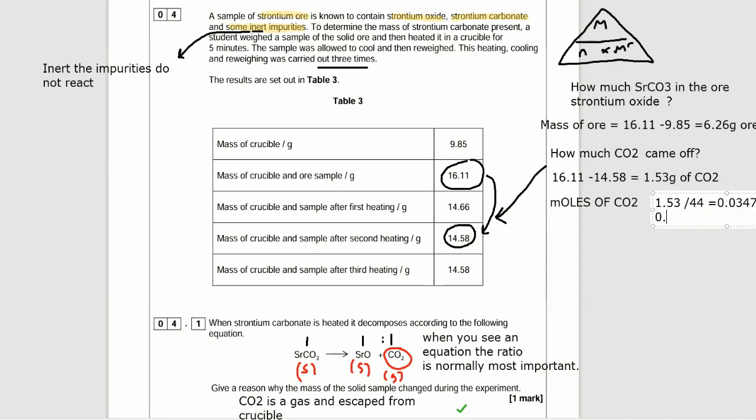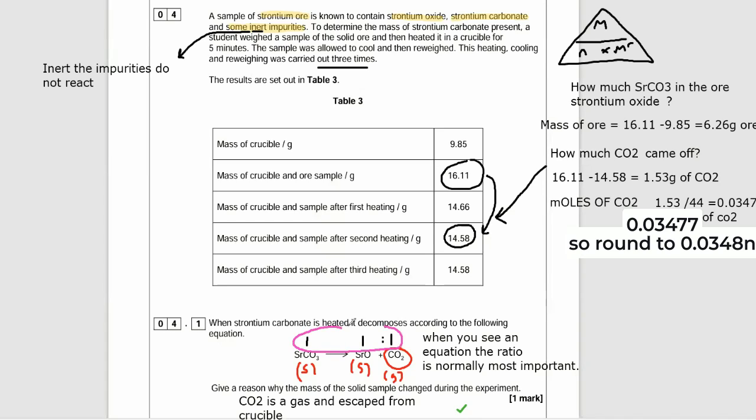You probably know that off by heart by now, but 12 for the carbon, 32 for the O2. So 44. And that equals 0.0347 moles of carbon dioxide. And so we can round that to, it's actually 0.03477 something. So I can round it to 0.0348 if I want here. And as I know it's a 1-to-1 reaction, we know that our strontium carbonate is also going to be 0.0348